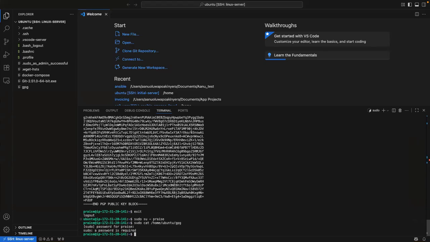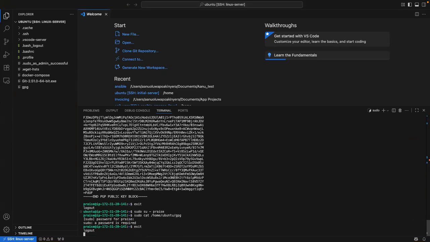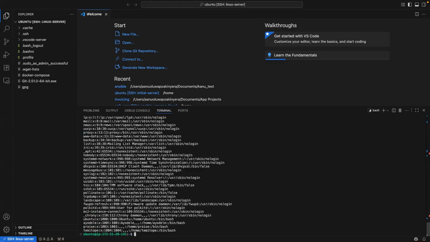But if I exit and I cat /etc/passwd, you see, it did not. Have I changed the permission or what? How am I able to read this without sudo?